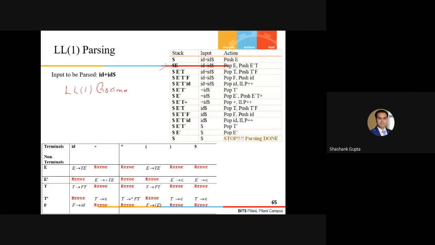Because the parser has sufficient capabilities to parse the language given by the corresponding grammar, we are calling that LL1 grammar. The first L means scanning the input from left to right, and the second L says leftmost derivation, and we are always taking the decision by only looking at one lookahead symbol. Fine. And things can be achieved by looking at one lookahead symbol as of now.